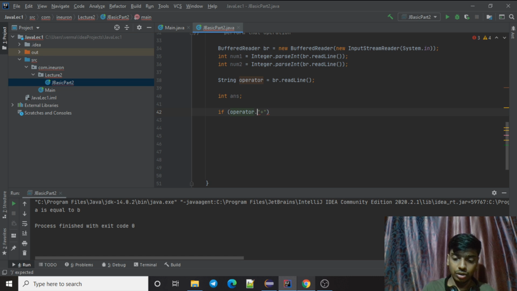With string, use dot equals. I already told you string is a very long topic. I'll explain string separately in different sessions. Right now I'm just discussing the basics so that you will start coding.